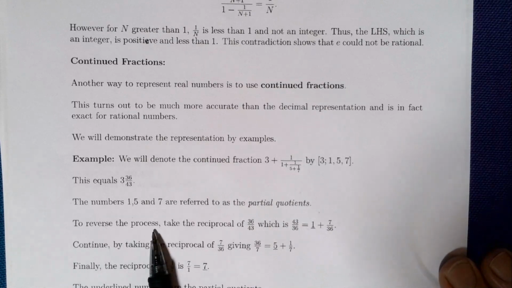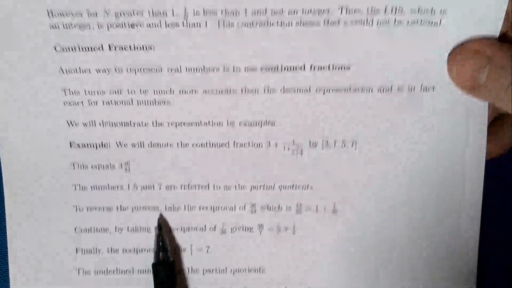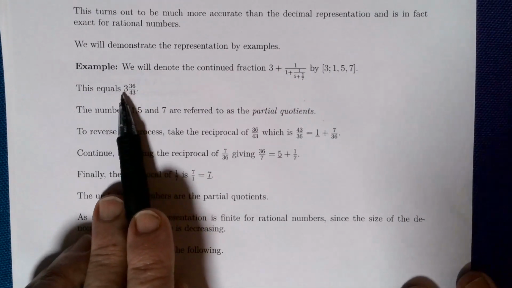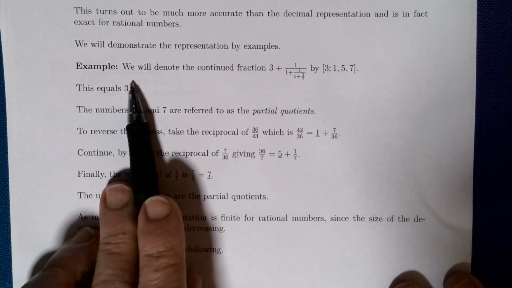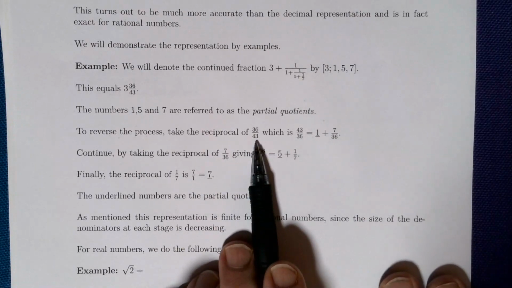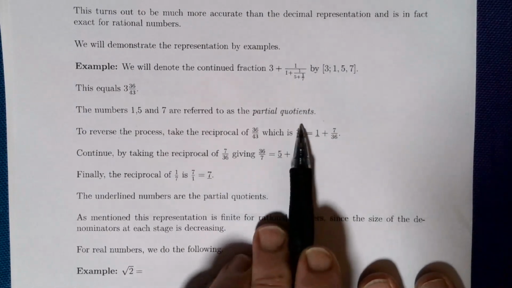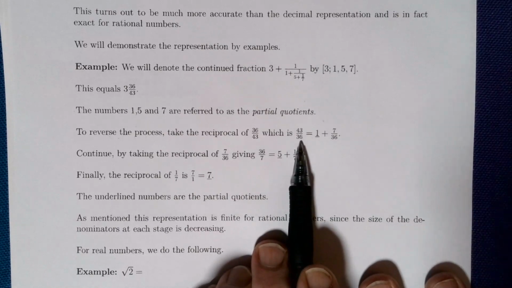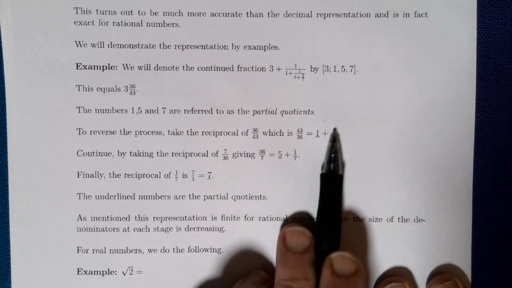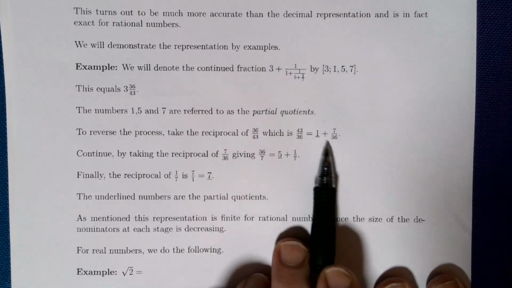Now to reverse the process, we simply do the following. I'm going to take away the 3, forget about it, we'll put the 3 in later, just work with the fraction. So you take the reciprocal of 36 on 43, which is 43 on 36. You do the division, it goes 1 remainder 7, so it's 1 and 7 on 36, so you hang on